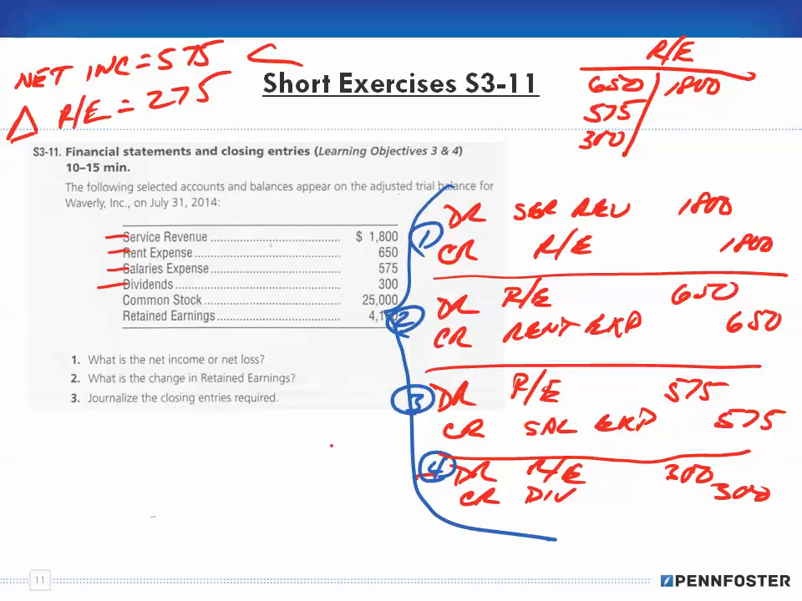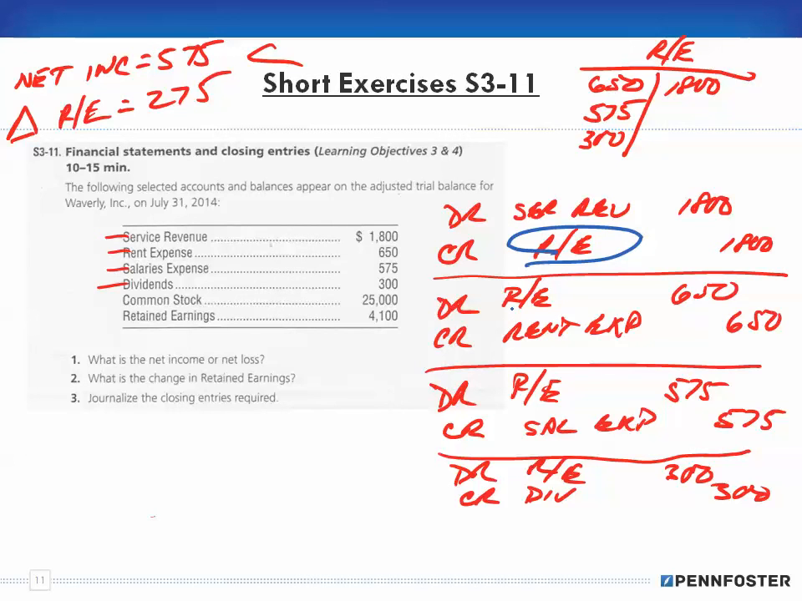So when I'm making my closing entries, let me get rid of this blue stuff here. What I want you to notice is that we're using the same account again: retained earnings, retained earnings, retained earnings, and retained earnings. One's a credit and 3 are debits. So what I could do is combine all of these journal entries together and make just 1 entry. I would have a debit to service revenue